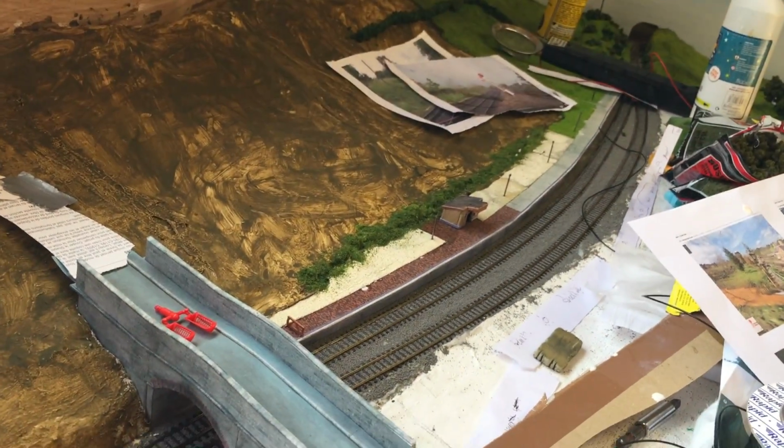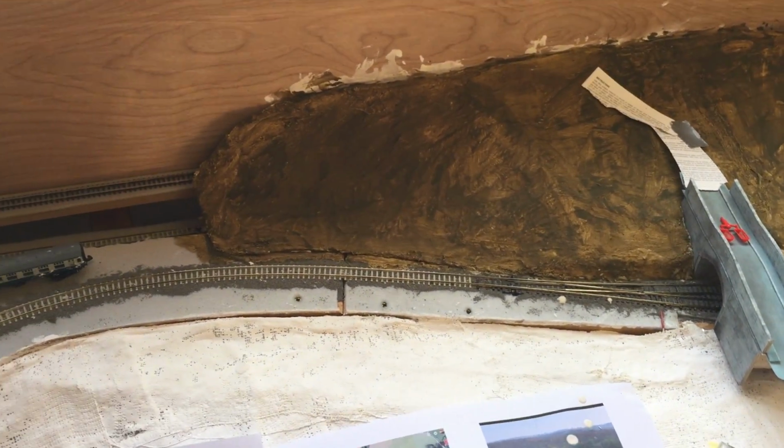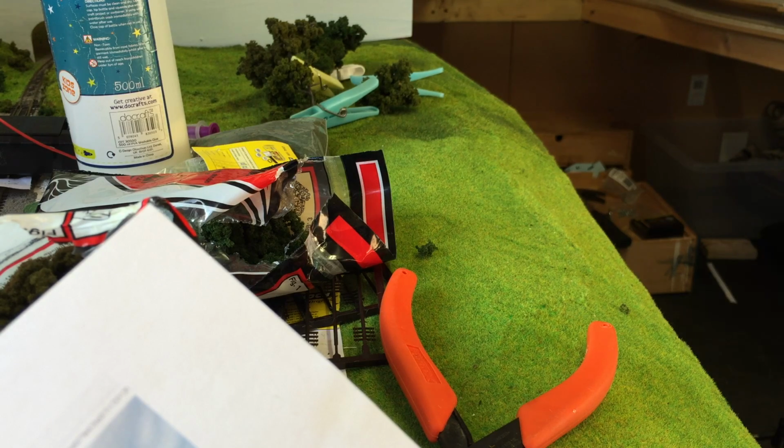But at least we've now got some ballasting done, and we can carry on with the scenery all the way around this area. So once I'd got the ballast in place, positioned it with a little paintbrush and brushed it between the sleepers and so on, got it exactly how I wanted it. What I did then